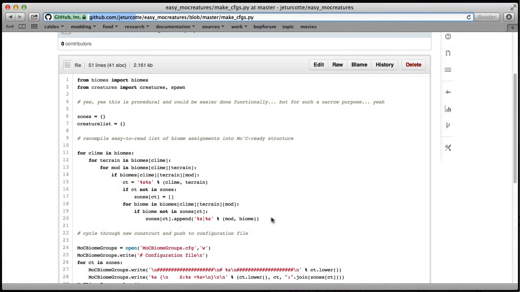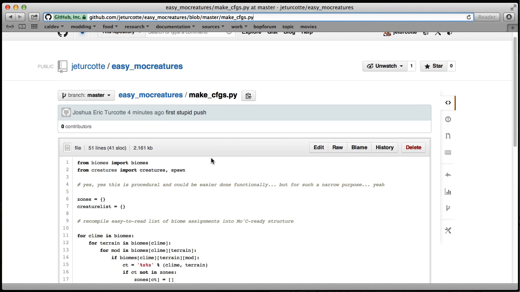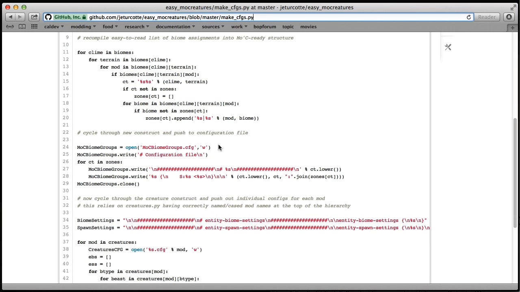Hello guys, I'm back for what's going to be the closing of episode 63 here. It's been a couple of days since last time I recorded, and I thought I would show you a thing. So here is a Git I created containing a stupidly, I'll admit, completely procedural, not functional at all, completely procedural